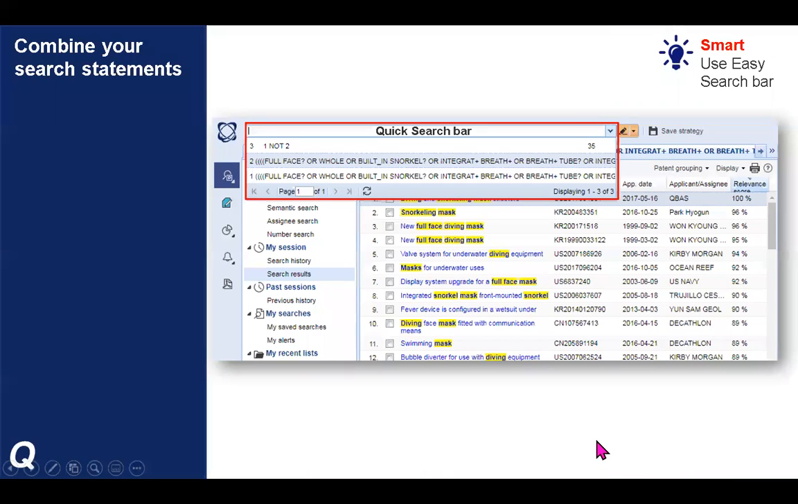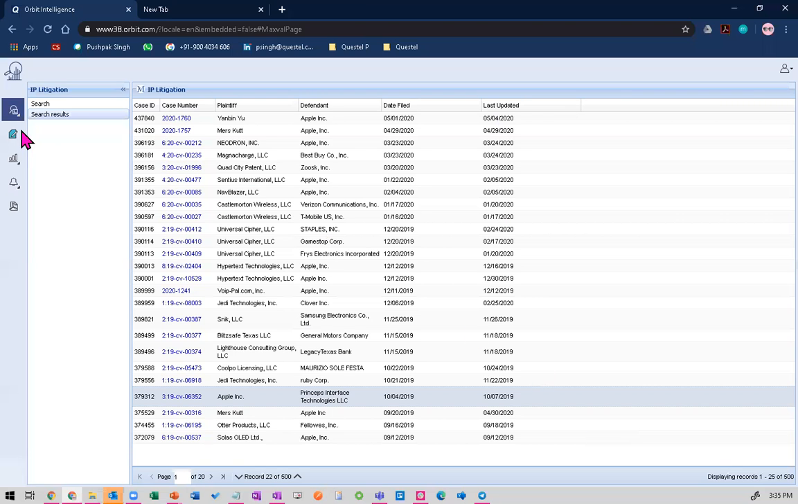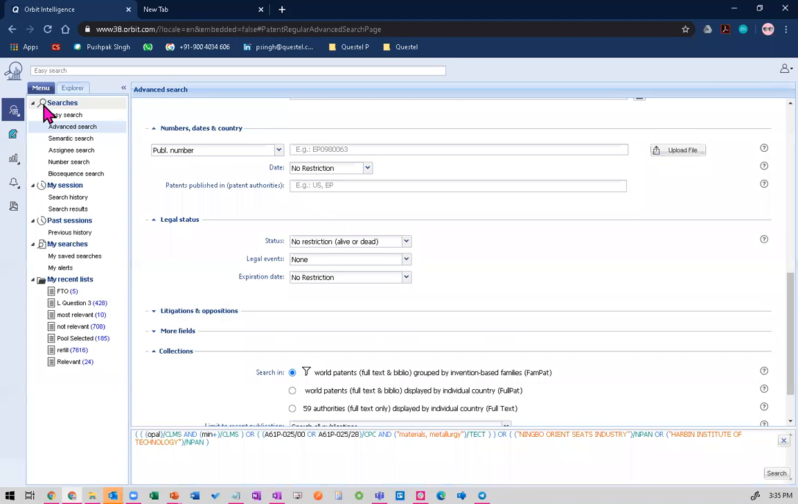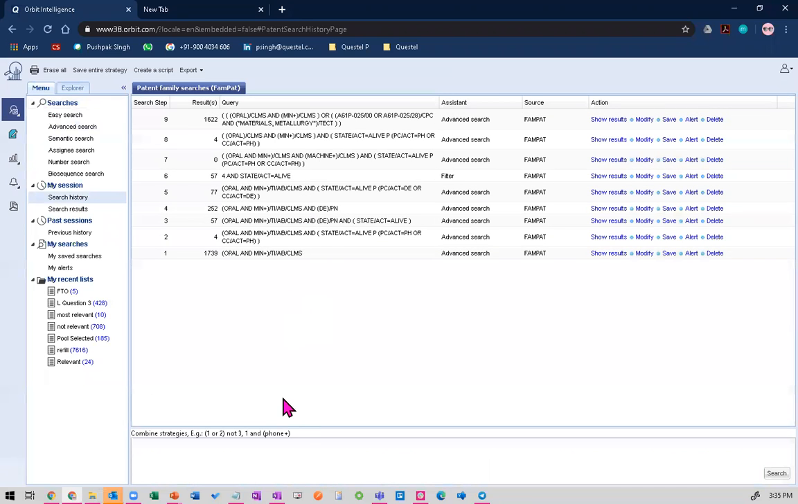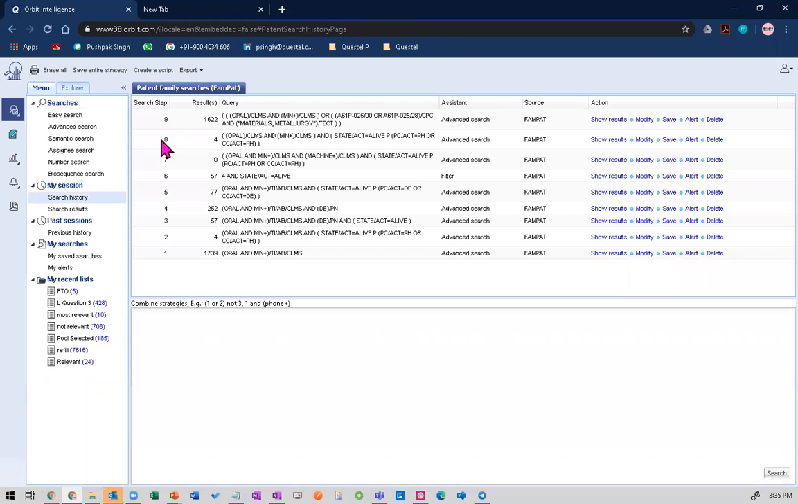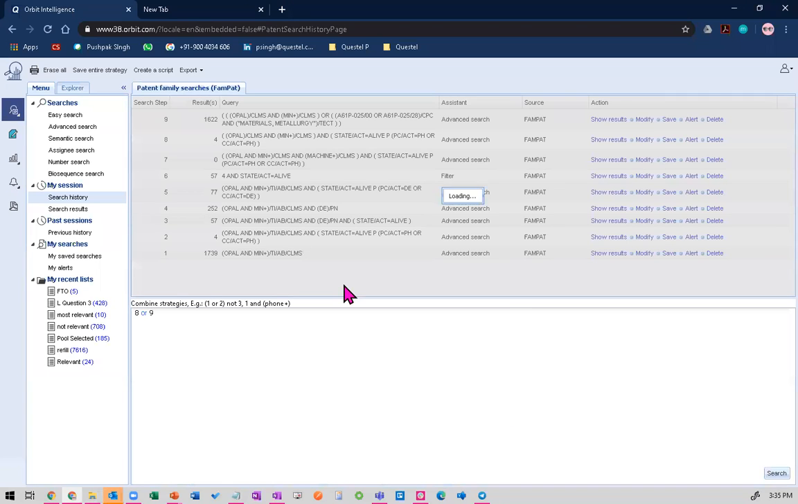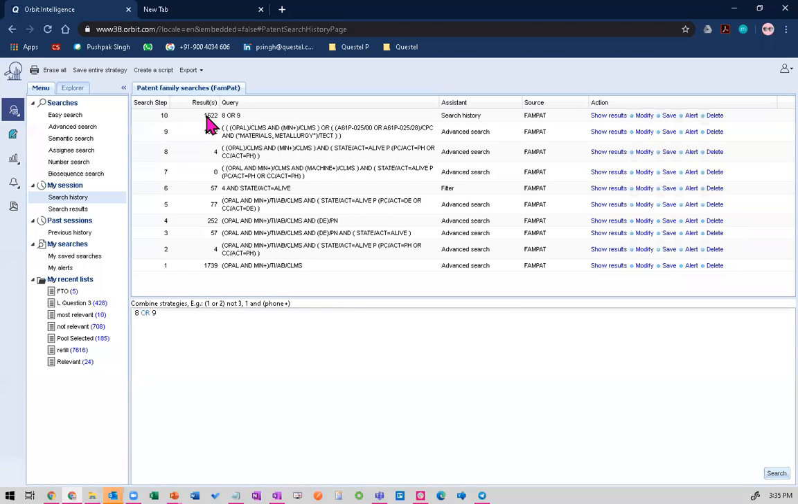Now let's see how it looks and how you can combine those search strategies in the Orbit interface. If you recall, we did some searches here. Earlier we did some searches, and those searches you can combine together. So in the easy search tab or search history tab, you can combine step numbers, let's say step number 8 and step number 9, and you say 8 or 9. Press the search button at the bottom, and it will combine these two search steps together, and it will give you